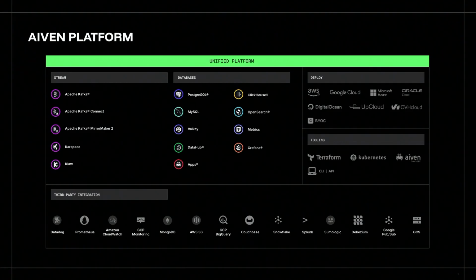So as you can see, what we do is we provide a dozen open source services like Kafka, PostgreSQL, OpenSearch, Valkey, or ClickHouse, and many more as managed services. So basically for our customers, what that means is that they don't have to worry about managing the databases. They don't have to worry about the operational complexities behind it. They can just run it and use it.